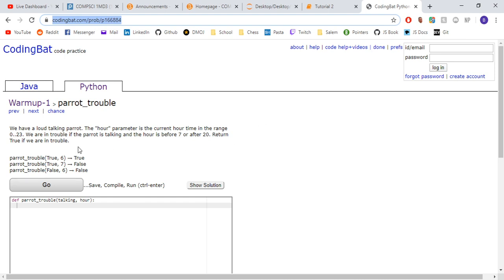So does anybody have any ideas for the basic logic that we should use here? It's really simple, but